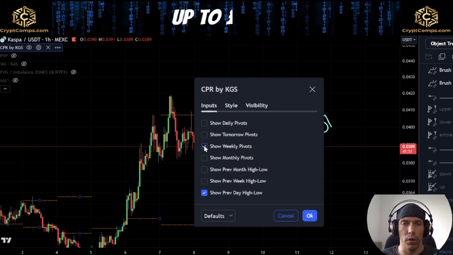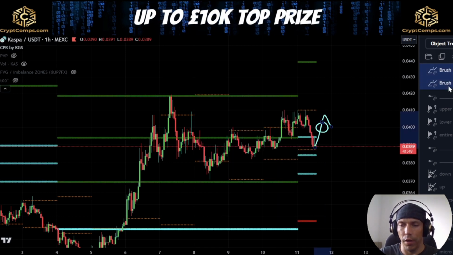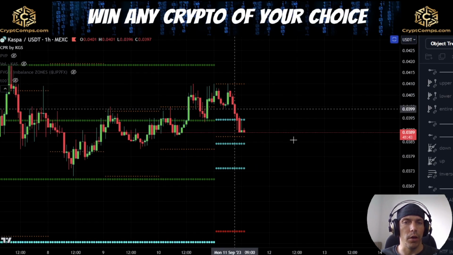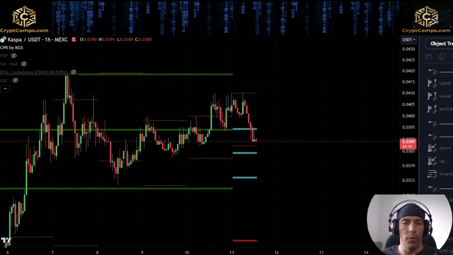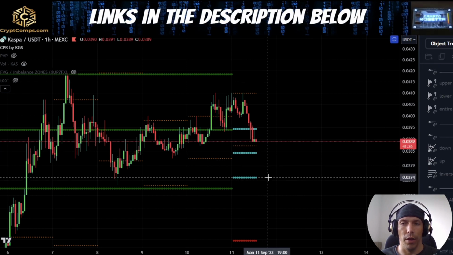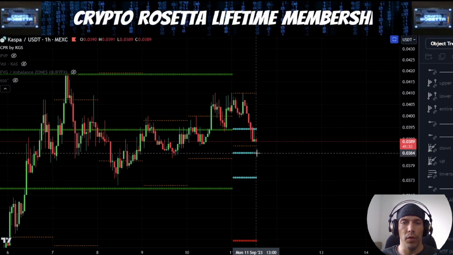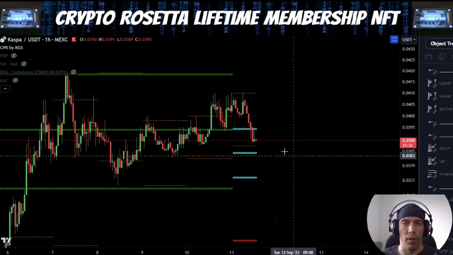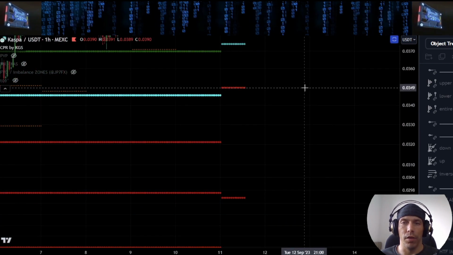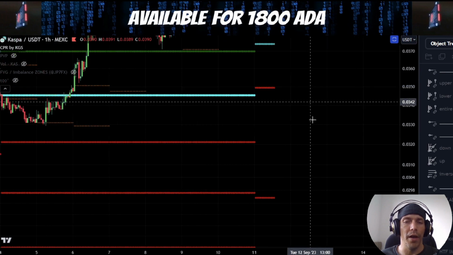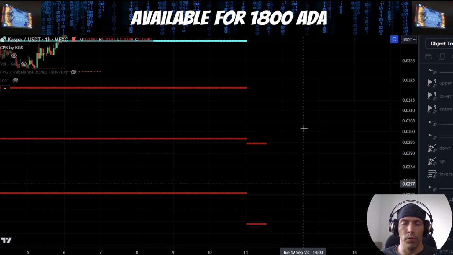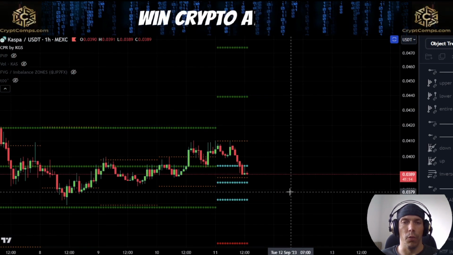Now, moving over here on to the weekly pivots, what we can see here is that we are actually currently still above our weekly CPR lines. So this is quite an interesting situation here. If we do continue to hold the central line here at this 0383 and this lower line here of this 0374, we can potentially look to see a reaction back to the upside. Now, if we do start to lose these central lines here, what we could then see is a test of this area here of this 0349. We also do have this area of this 0294, 0260 as possible downside targets for this week.